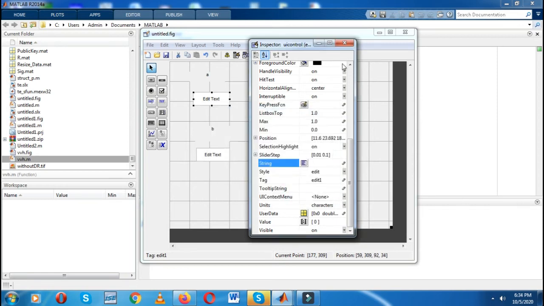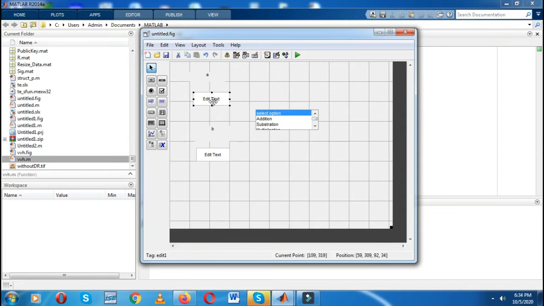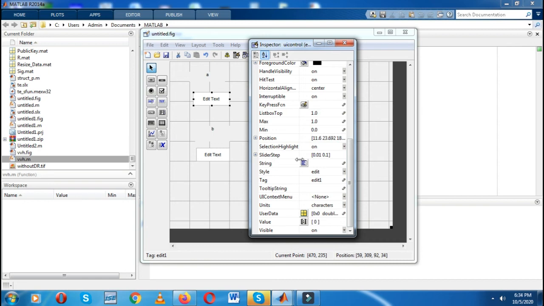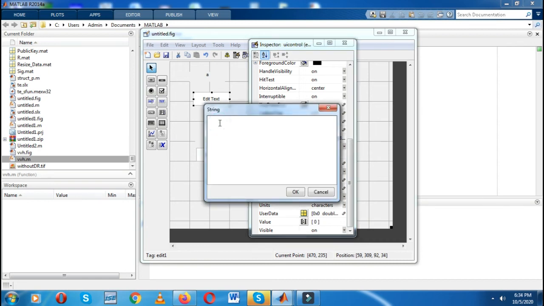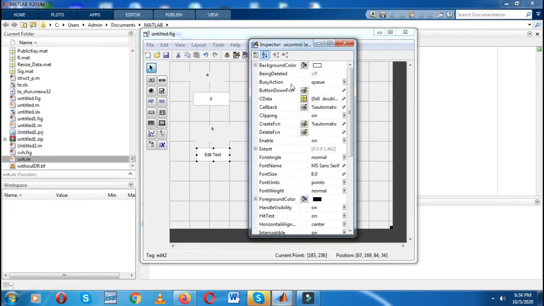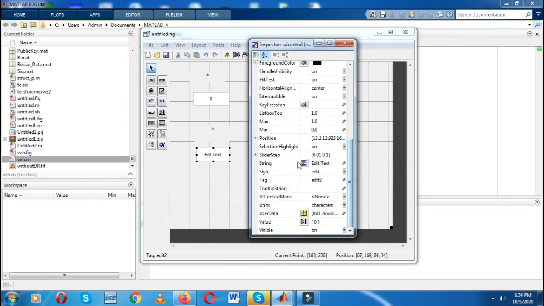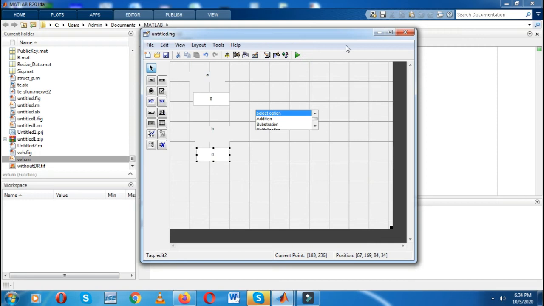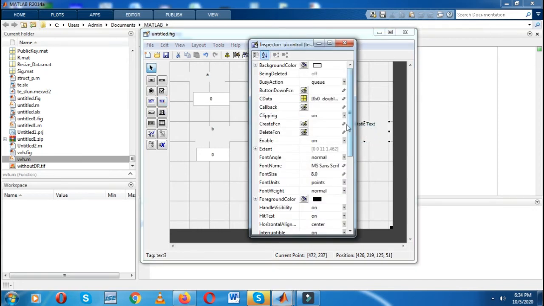Or I can also write one value, for example I will take a 0. Initially I will take 0. Here also I will take a 0. Then I need a display unit, so I will take a static text as a display unit.